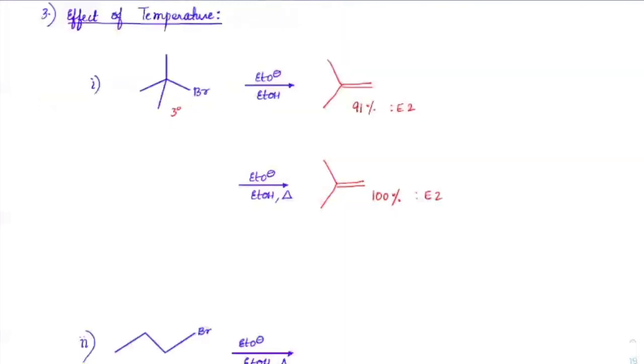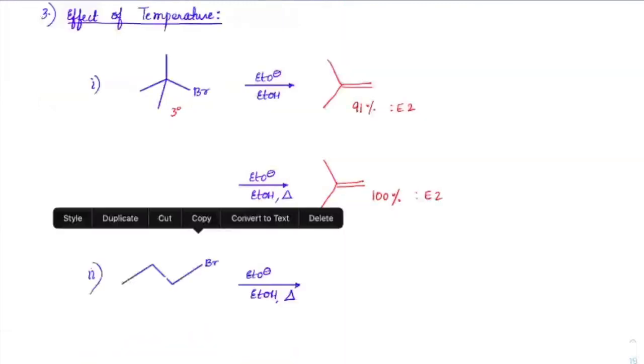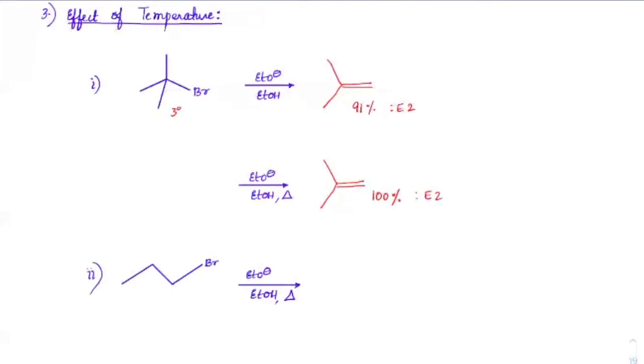Same logic we can apply for the next question here. You can see, in case the temperature is increased here, even in the primary position, because it is a primary position, we are expecting SN2 to be major. But as the temperature is increased, now E2 will become major. This will be the major product. SN2 is not the major product anymore if temperature is provided. So be careful in these cases. If you have a primary alkyl halide, still it can go for E2 being the major product.